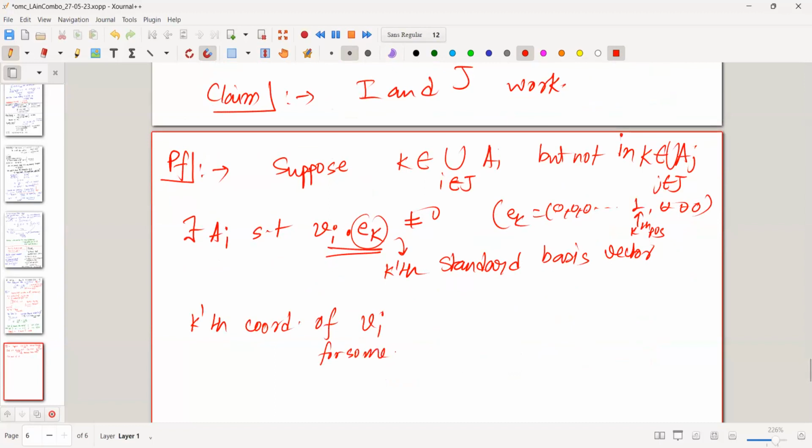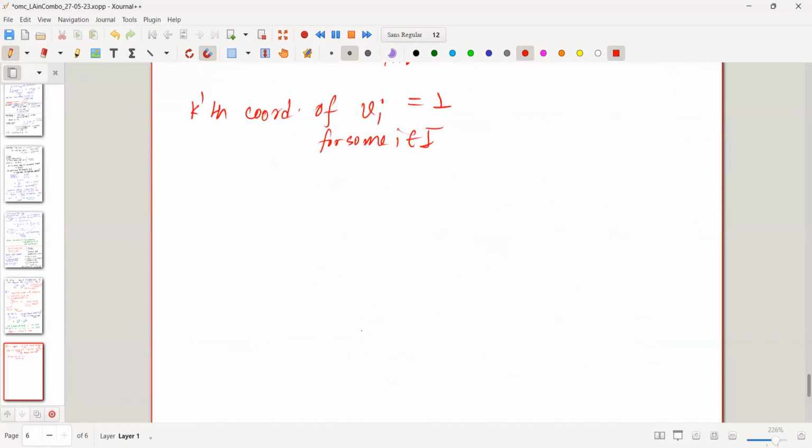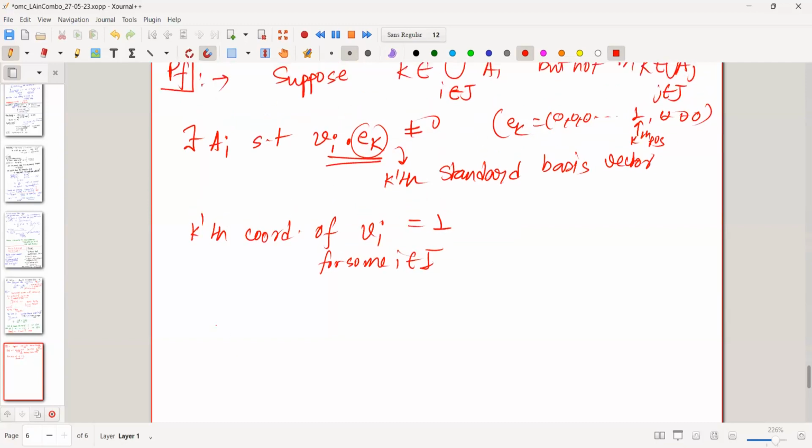Vi for some i in I is not equal to 0. In fact, it is greater than 0. Sorry, can I say it's greater than 0? No, you cannot say that. Sorry, I was clowning. That is just equal to 1. So for some i belonging to I, the kth coordinate of Vi is just equal to 1, right? But now consider the contribution of this coordinate in